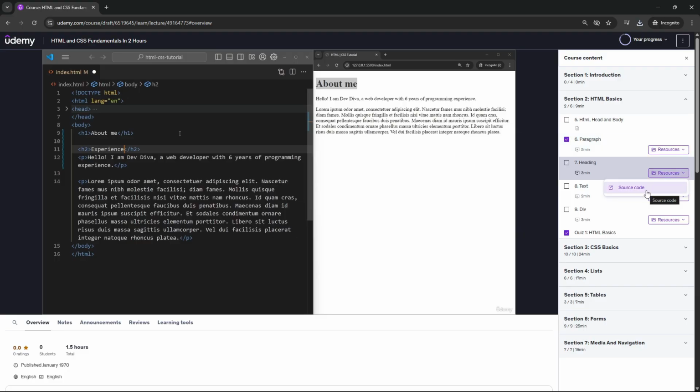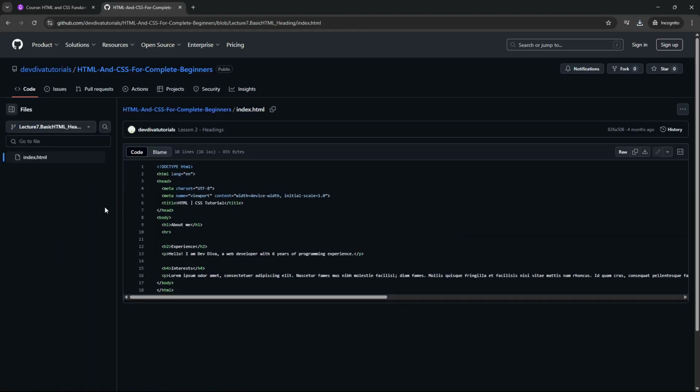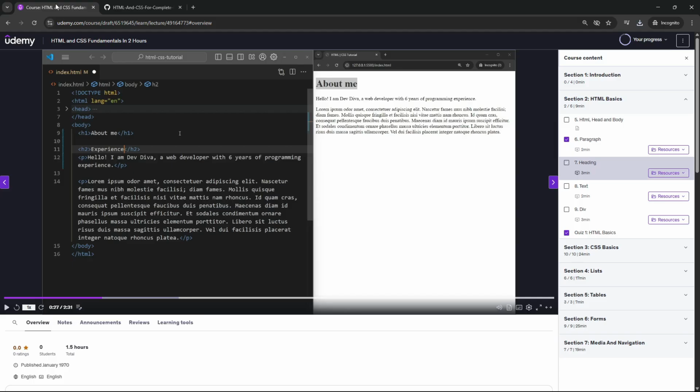If your code isn't working, compare it with the lesson's GitHub repository linked in each lesson under source code. This will show you the final working version of the code. Practice and experiment. Try tweaking the examples, changing values, and adding your own elements to reinforce what you have learned. And finally, ask for help. If you get stuck, don't hesitate to search online or ask questions in the tutorial Q&A.